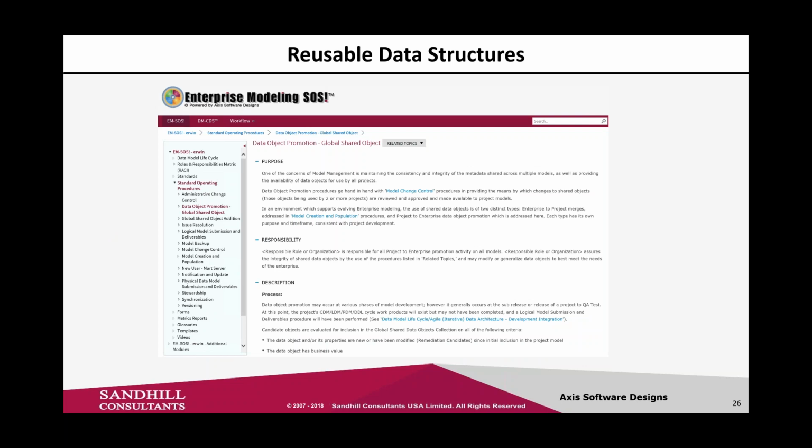You're looking at a process that we have here that's called data object promotion. So this is the process that says at the end of a project, when you're getting your model approved, you may have some entities in there that are candidates for becoming a reusable object so that the whole enterprise can use them. So this is the process that says, is this object promotable, basically, into being reusable? So the process is written here. Robert, if you click again.